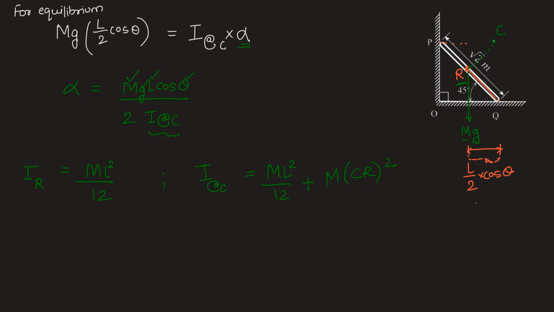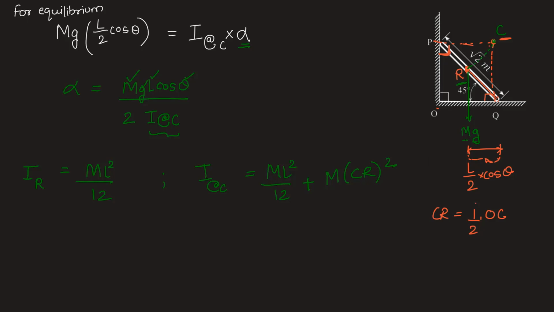We know that CP will be parallel to OQ and QC will be parallel to OP, because CP and CQ are respectively making 90 degree angles with the surfaces. For C to be an instantaneous center, we need to draw these perpendiculars, and the point where the perpendiculars meet is the instantaneous center. So this distance CR can be simply found out as half of OC. CR will be half of OC, because OQCP is a square and R is the intersection of the diagonals. Therefore, CR will be half of the diagonal length OC.